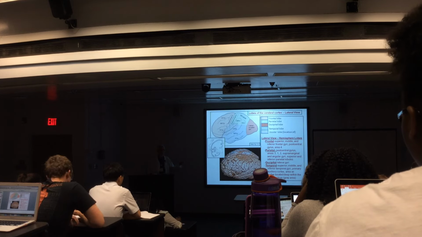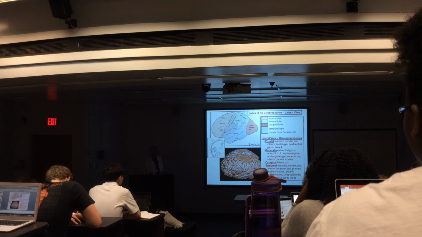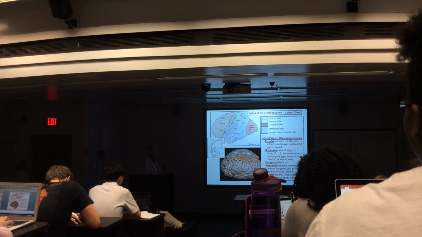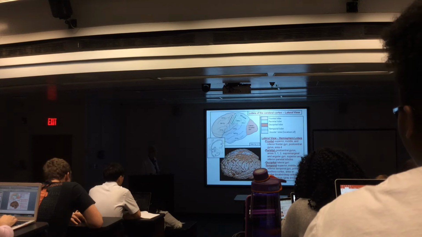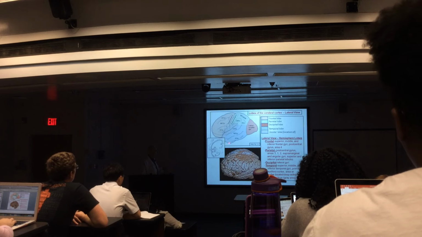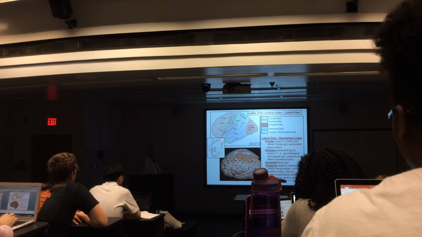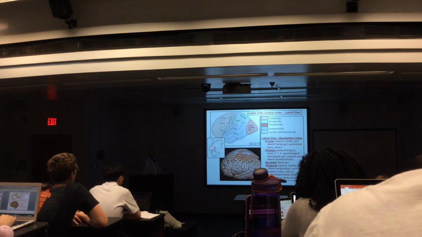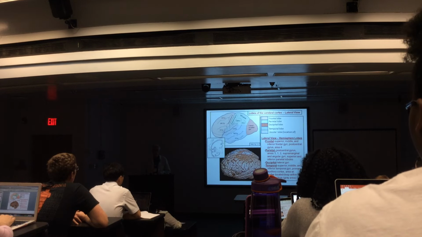That is the somatotopic map of the body in the motor cortex. The lower extremity hangs over the edge in the anterior paracentral, so the lower extremity is in the anterior paracentral in general, and the upper extremity and face are in the